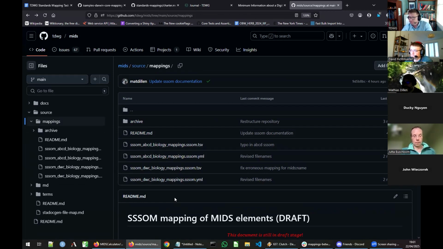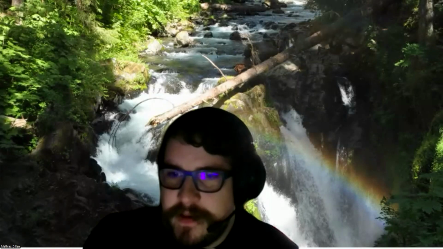We want to make some strong suggestions on which ones to use, but we can expect that there might be more tweaking that needs to happen at some point. But then it becomes very paramount that we have a very strict versioning system for them. And I think that goes beyond the MIDS group. That's something that we also want to think about in the wider context of what this group is trying to achieve. So I think those are the main things that I wanted to say.